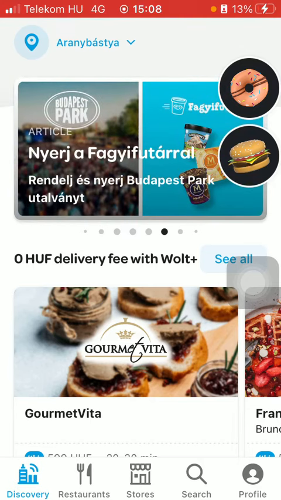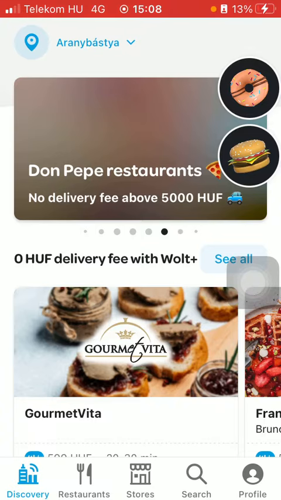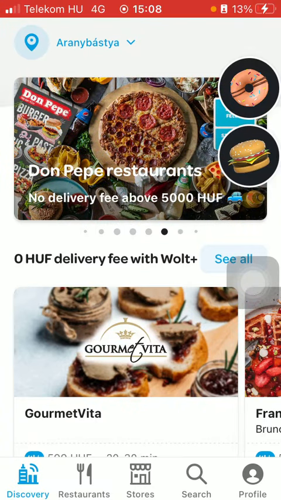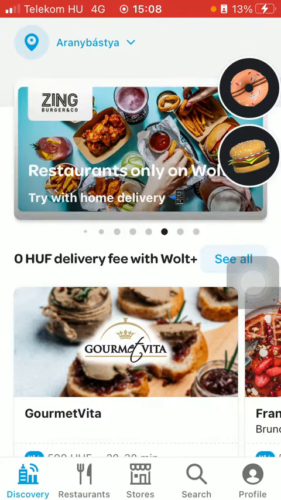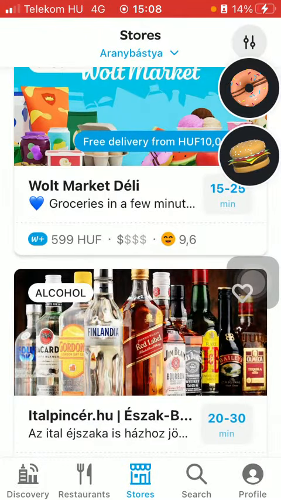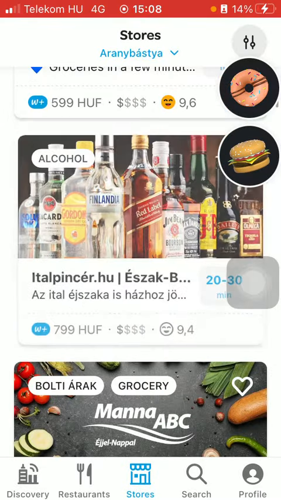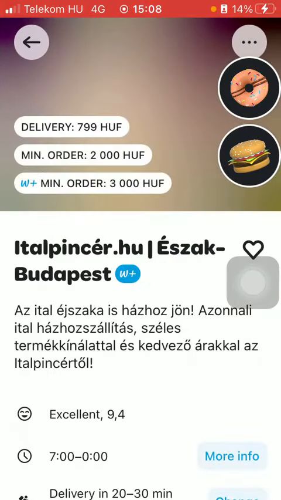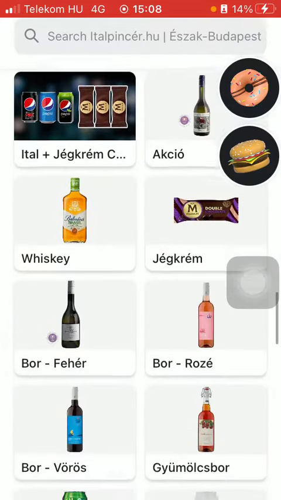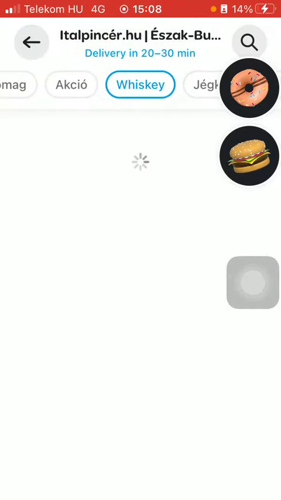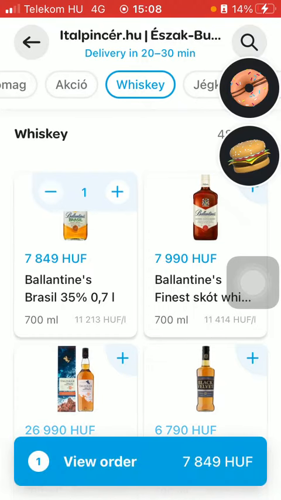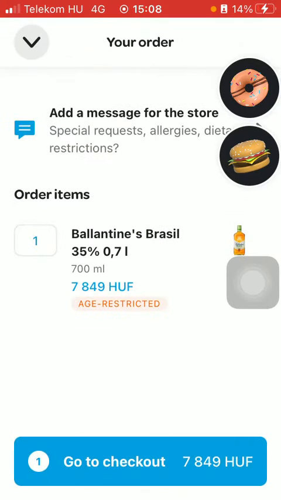Now let's jump into it. First of all, open the application on your phone. Then you should tap on the discovery, restaurants or stores options down below and select the product. Then you should add it to your cart, tap on view order, and here you have the add a message for the store